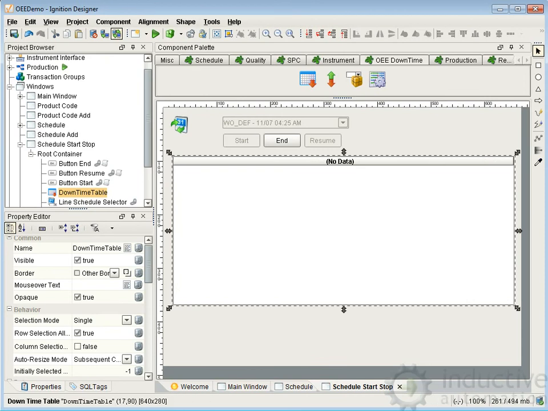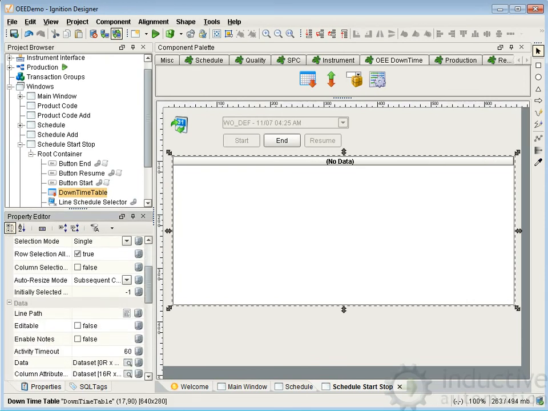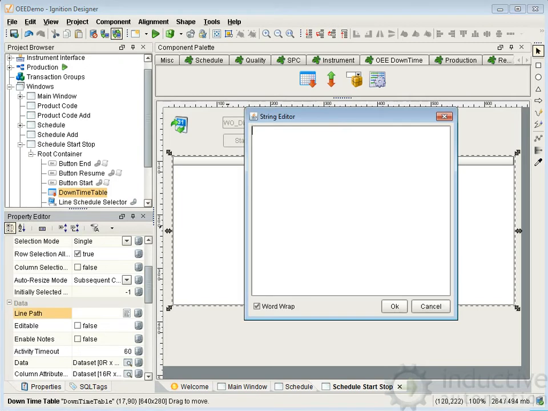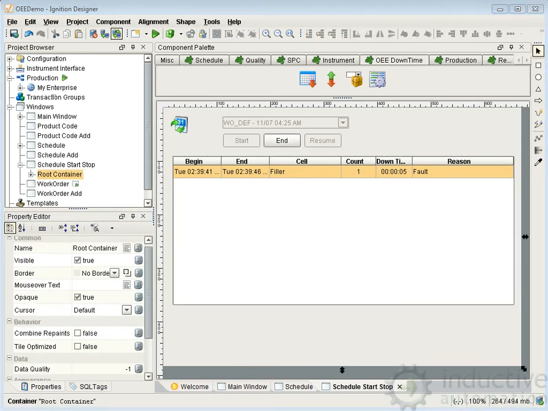and we'll resize it. And this component has a property just like all the other components. What line do we want to deal with? So we put the line path in to our north line, and our downtime reasons will show up in that table. Now if we want to start recording when we hit end and resume, there's one other thing that we